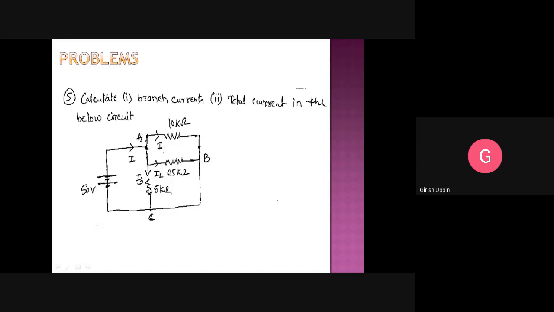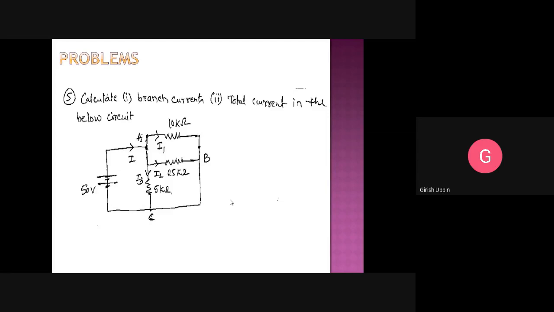And after drawing the circuit diagram, you have to mark all the currents and the voltages, right? In the question paper, sometimes they will mark all the currents and voltages, or it will not be marked. If it is not marked, use your own convention. So first of all, they try to complicate this. They try to show that this is a very complex circuit. This is not a complex circuit. This is a simple circuit.